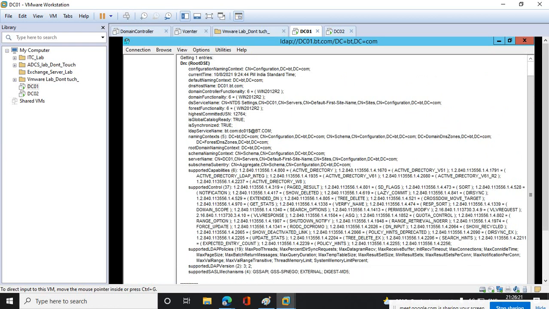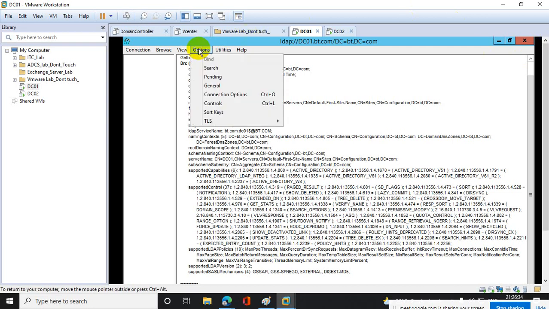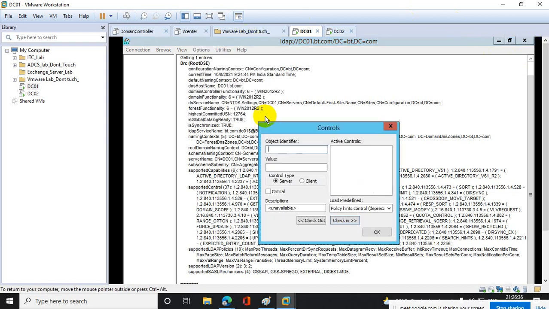I am trying to restore the user which is currently lying in the deleted objects container. Clear? Then only I have to go to Options, then Controls, and in this you have to define the instructions.